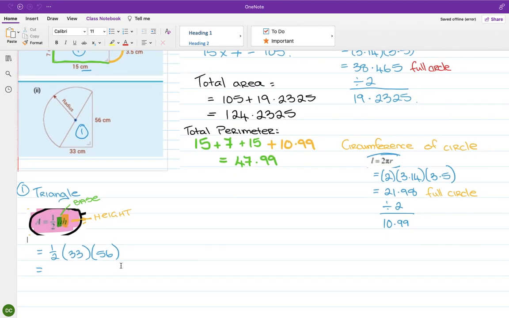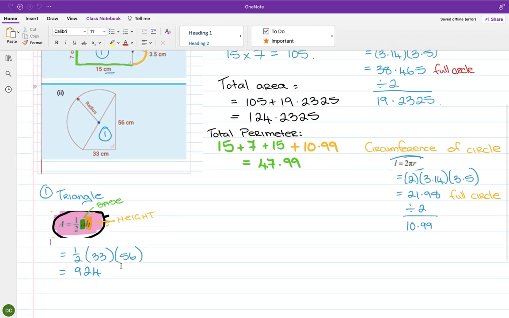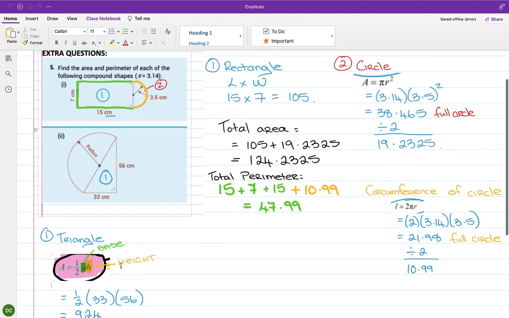And that's it. 33 by 56, oh sorry, by a half. So a half multiplied by 33 multiplied by 56, and I'm getting 924 for the area of that one. And then